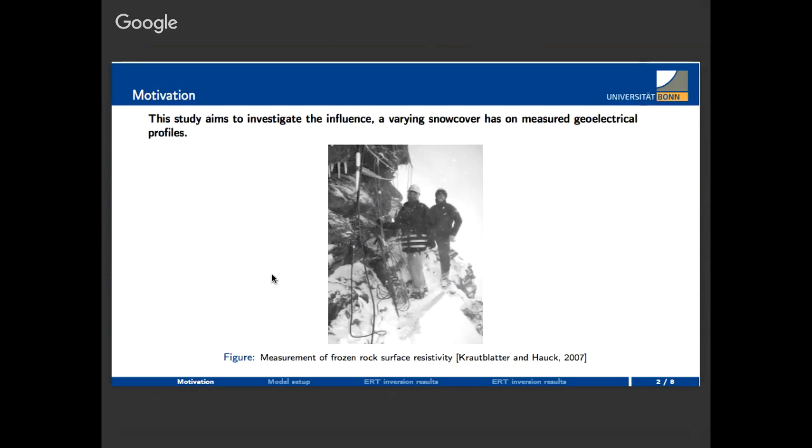Here on this picture, you see measurements with the ERT, and if you measure permafrost, you often have to deal with the snow cover. At the Schildhorn Massif, there is a permanent model setup with 30 electrodes, which are under the average snow cover of 80 centimeter. Krautbutter even noticed or said that there could be an influence of the snow cover